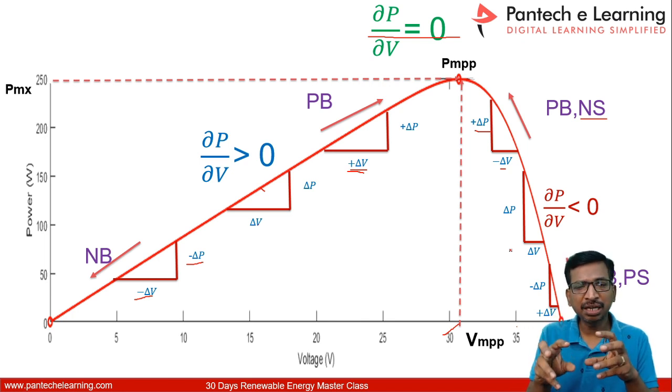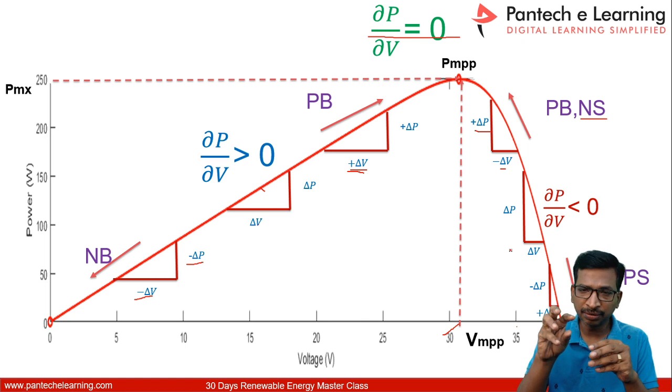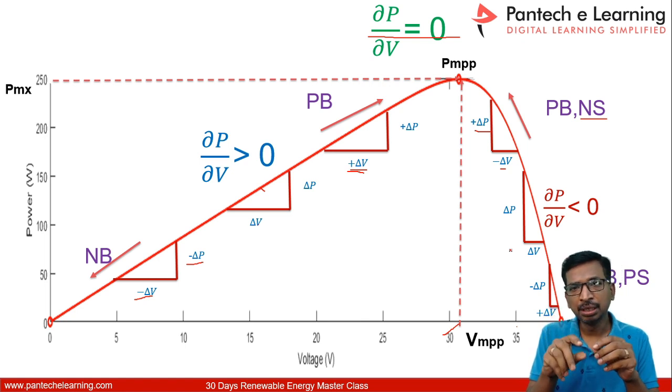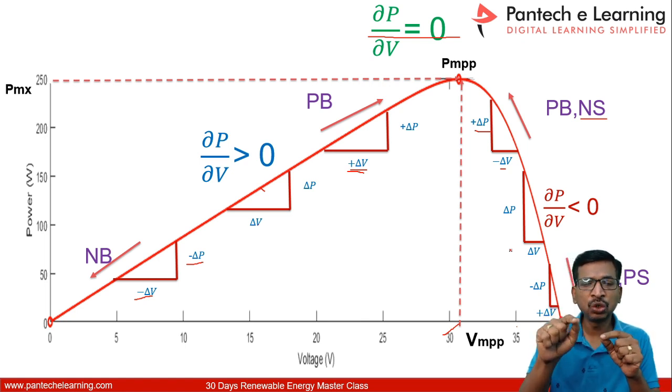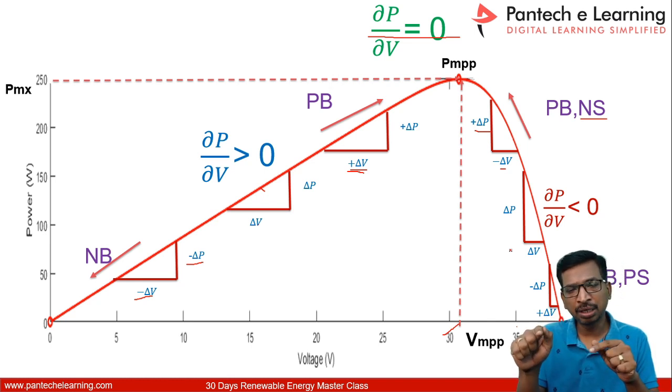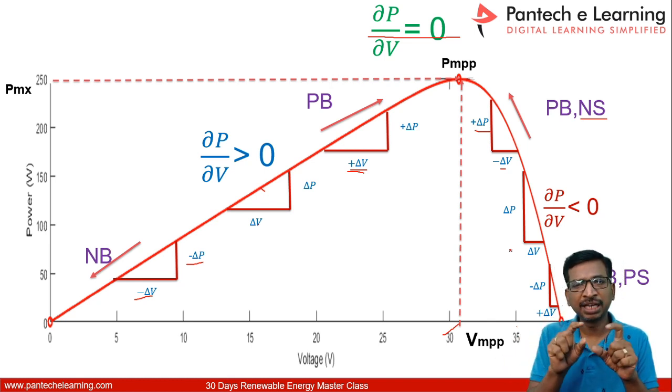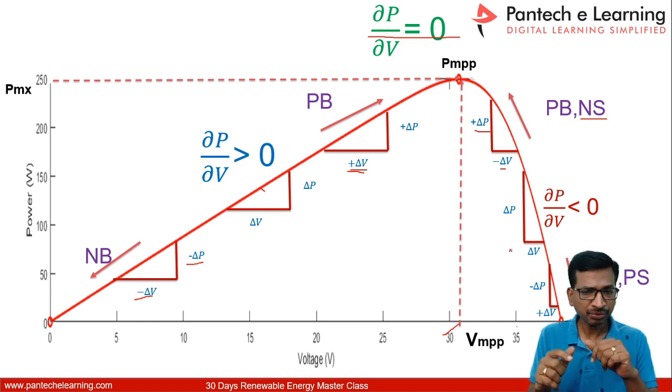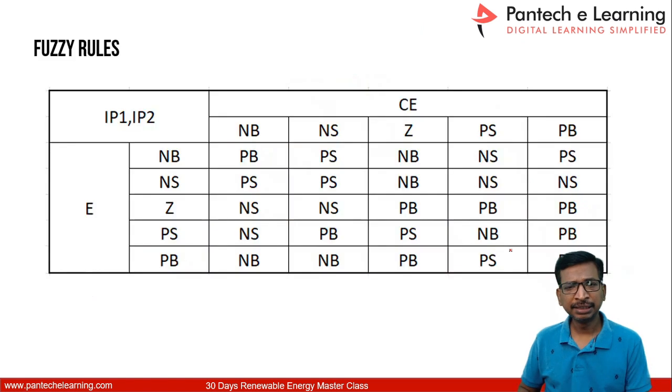So how can you calculate the value? We have to tell the MATLAB unit. If positive zero error, zero error with respect to zero change in error, then we can keep it as a 0 or positive bit. Like that we can implement it. I will tell you one by one. See here in this